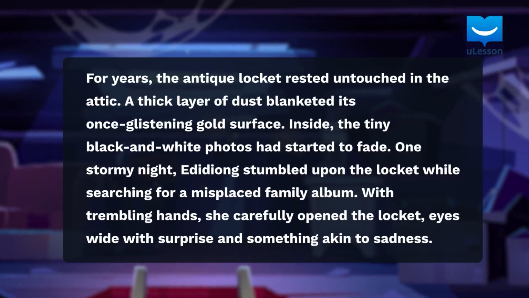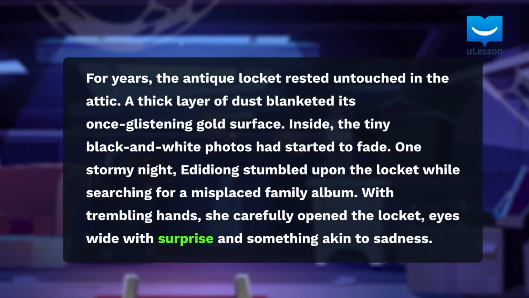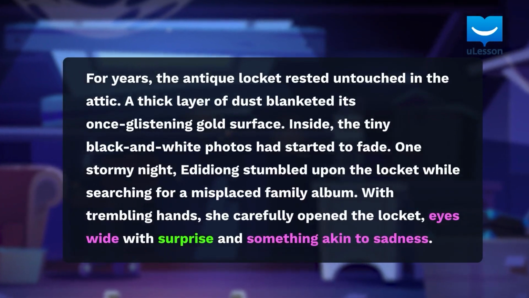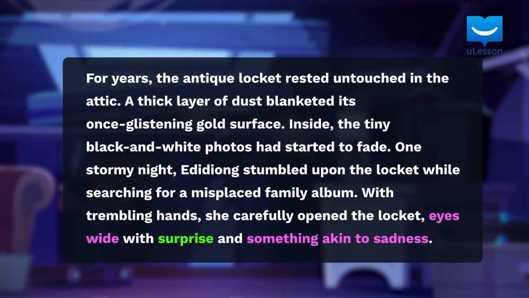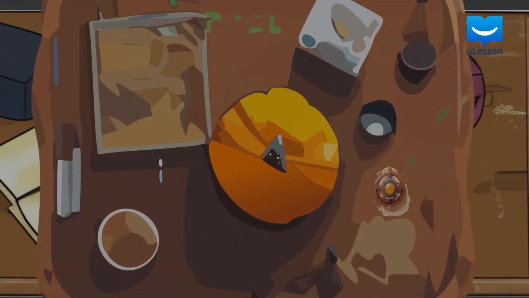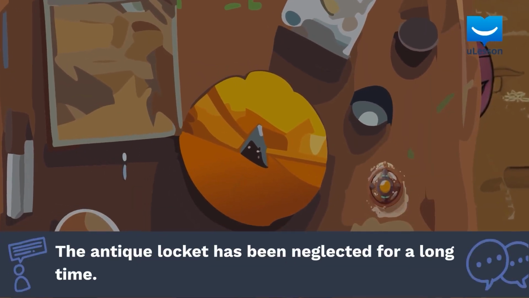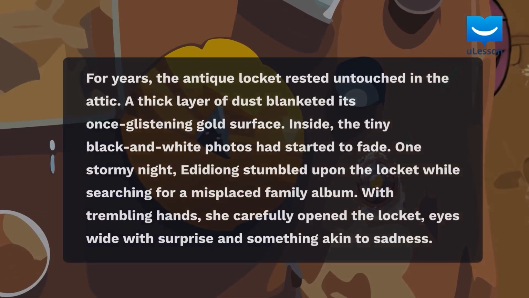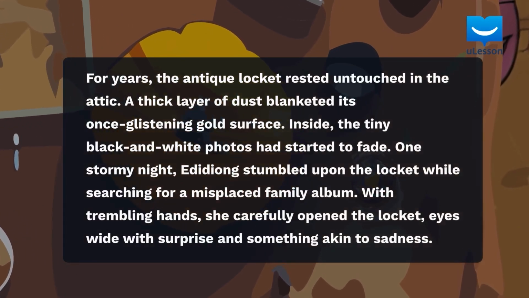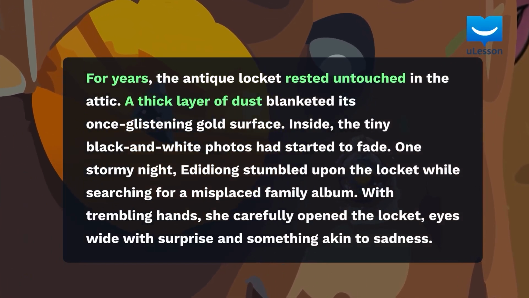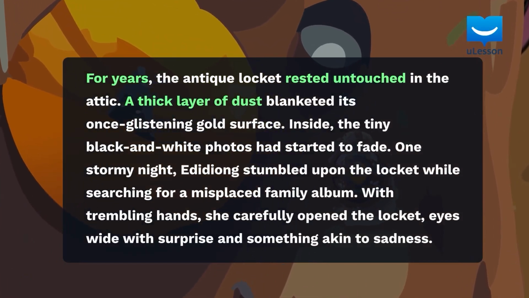Can you guess why Edidiong was surprised when she found the locket? And why do you think the discovery made her feel somewhat sad? Remember, we're not given these answers outright, but we can infer possible reasons based on the clues in the passage. Well, the first implicit detail we deduce is that the locket has been neglected for a long time. This is not directly stated, but can be inferred from phrases such as